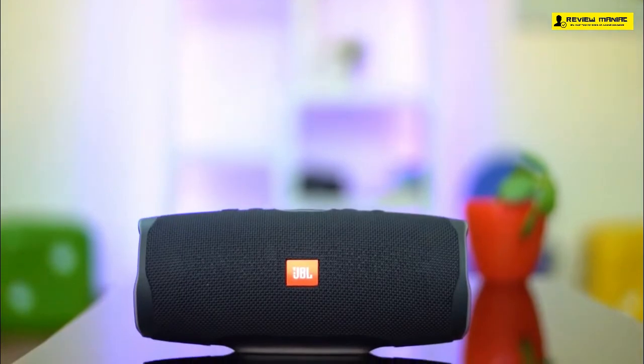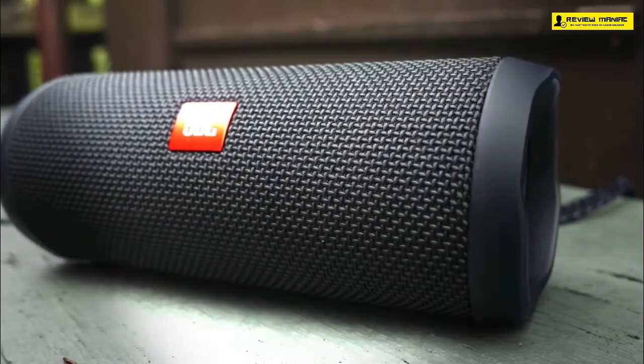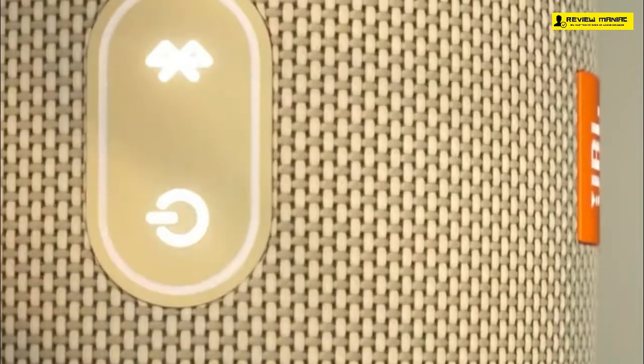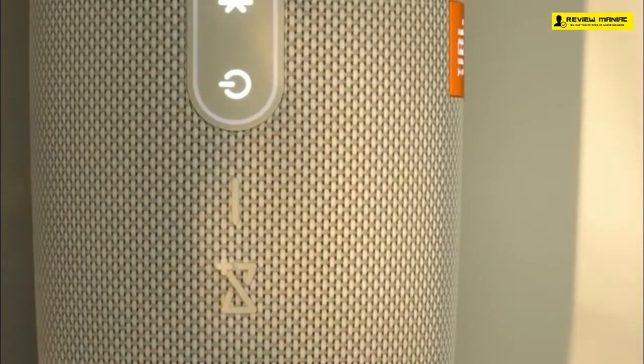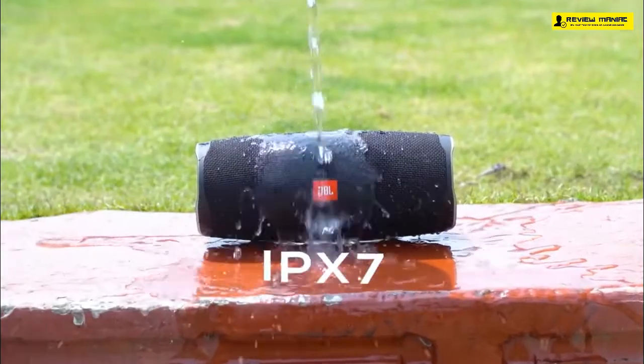As for performance, the JBL Charge 4 is impressively loud. For a medium-sized room, playing music at half volume is more than enough to fill the space with sound. At max volume, the speaker is extremely loud for indoor use, but the extra volume is appreciated in noisy environments like at the beach. Speaking of the beach, the speaker is water-resistant, IP7X rated, so feel free to dunk it